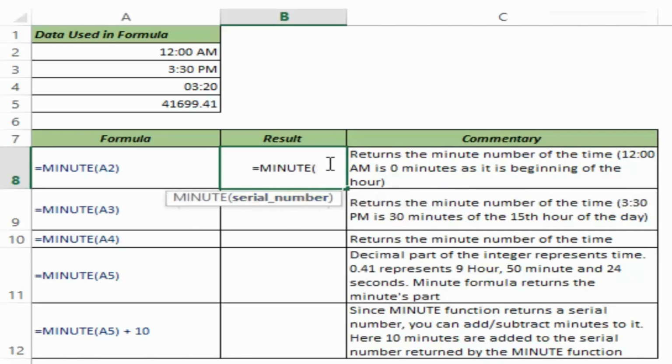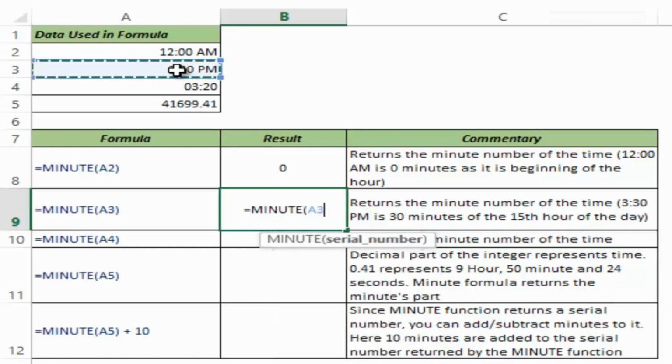So in this case, let me give it this serial number A2, and you can see since this is time, Excel stores this time as a serial number. Now when I hit enter, it gives me 0 because as of now it's the beginning of the day, it's 12 AM and no minutes have elapsed. Now when I go to A3 and give A3 as the input, it gives me 30 minutes because in